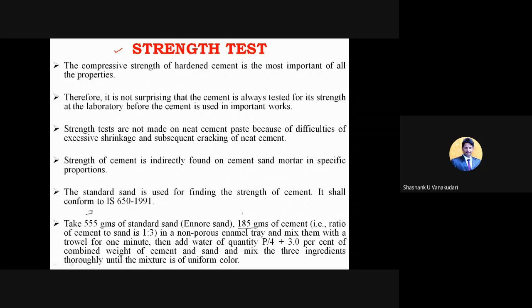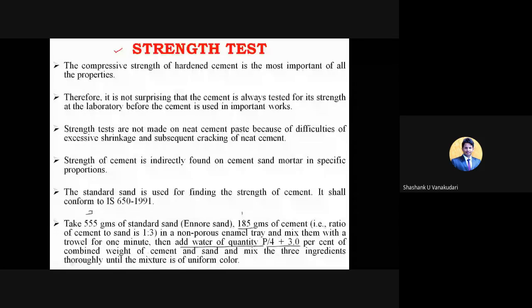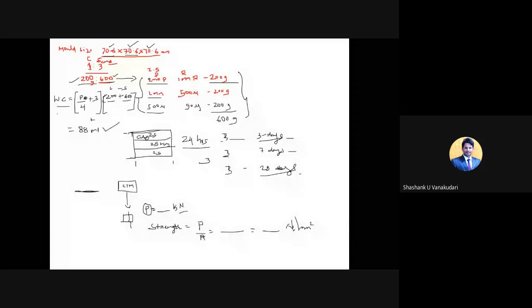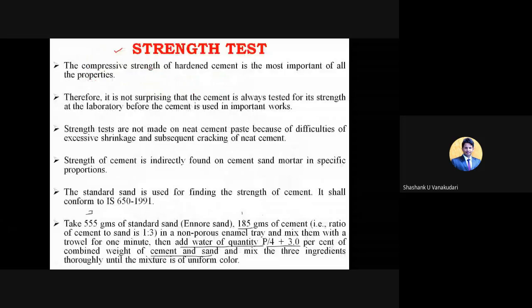Yeah, and then here you can take the water quantity, that is P by 4 plus 3% of the combined weight of cement as well as the sand. So that is the formula for the water content that they have given. And then they need to consider the Ennore sand. Ennore sand is nothing but